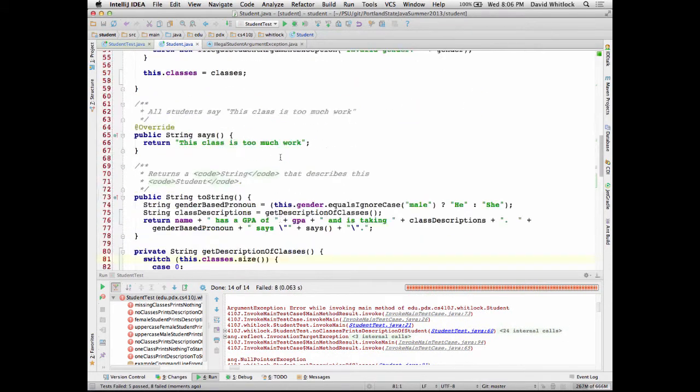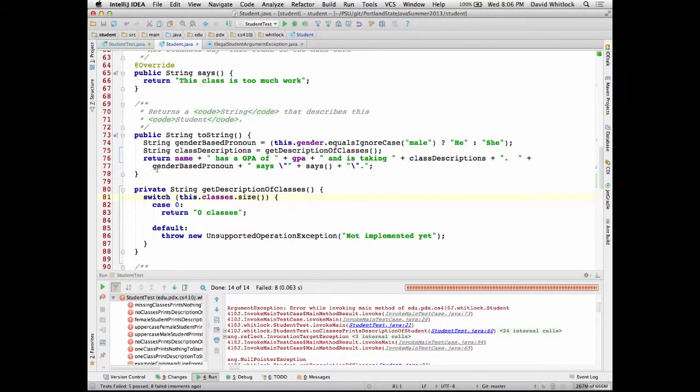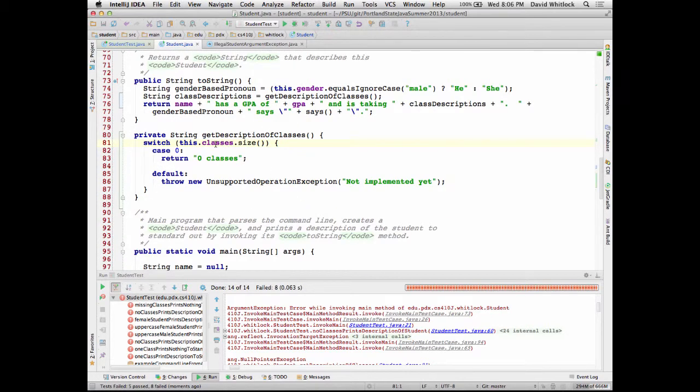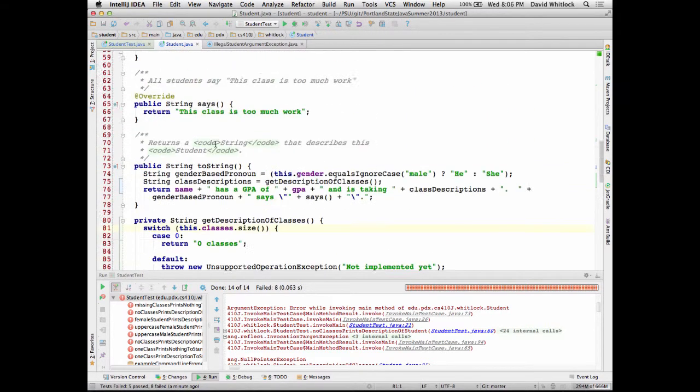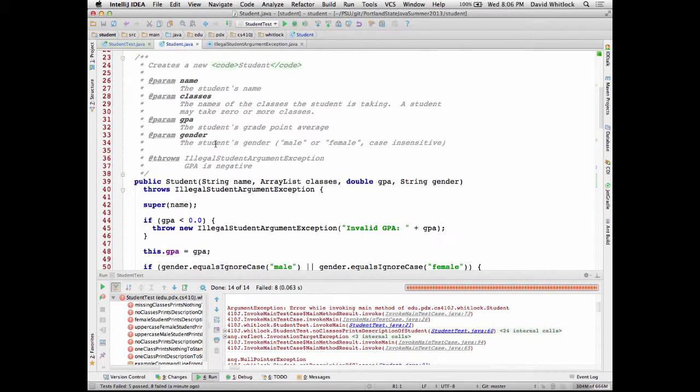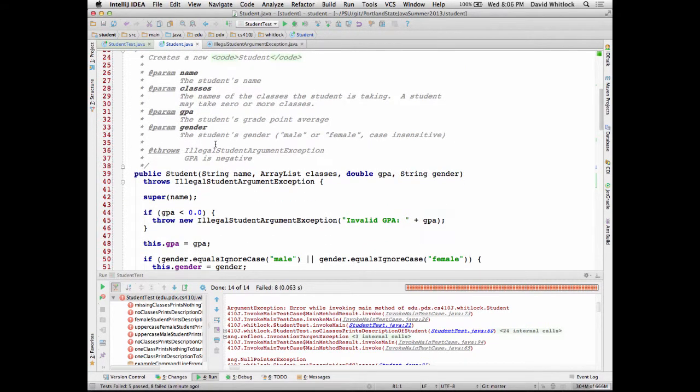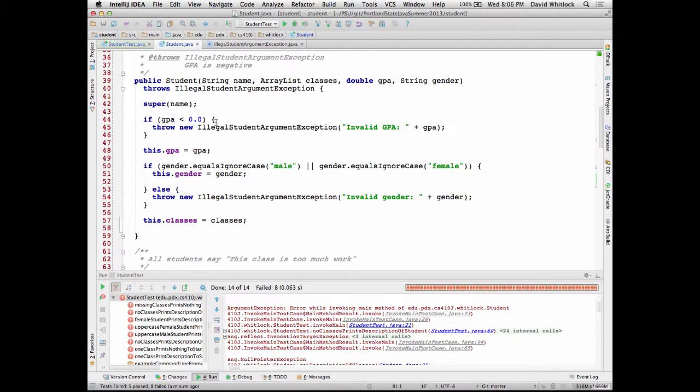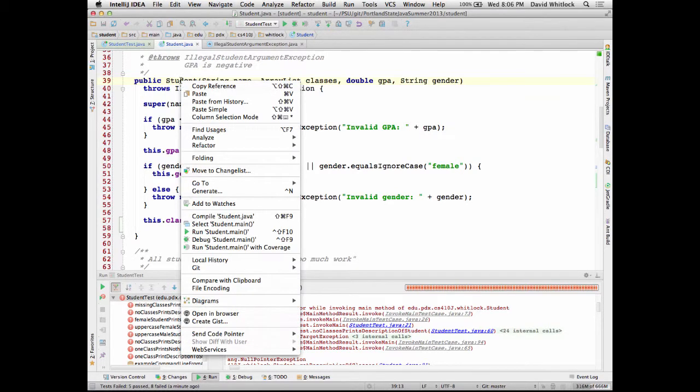Line 76. Description of classes. It is description of class. I mean, like inline that? I don't think that's it. So wait a second. Okay, why is classes null here? Yeah, I assigned it in the constructor. But gee, Dave, who calls the constructor? I need to find that out. So I'm going to say go to